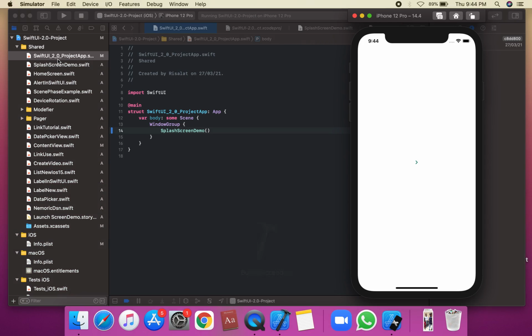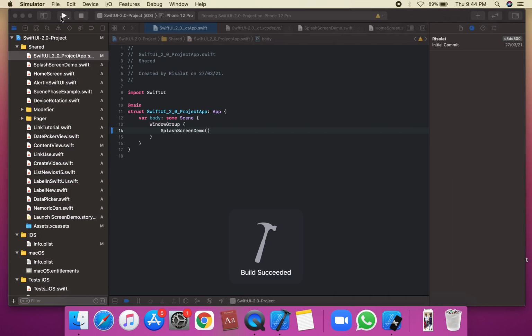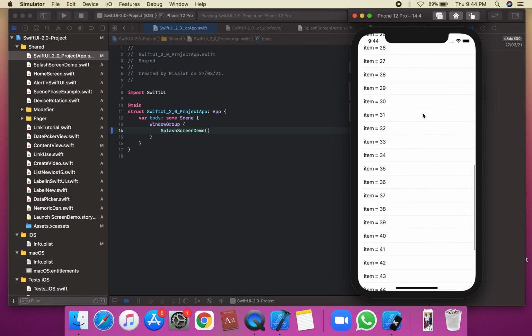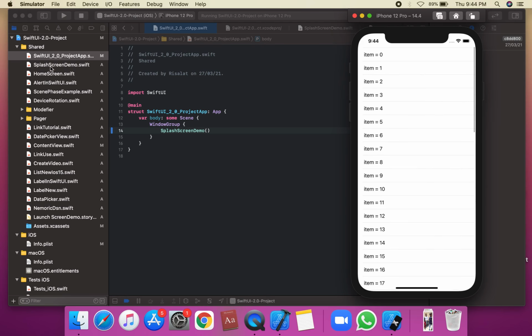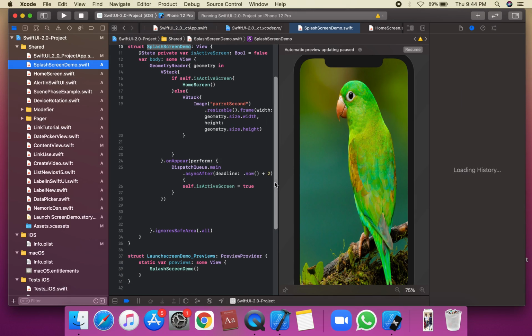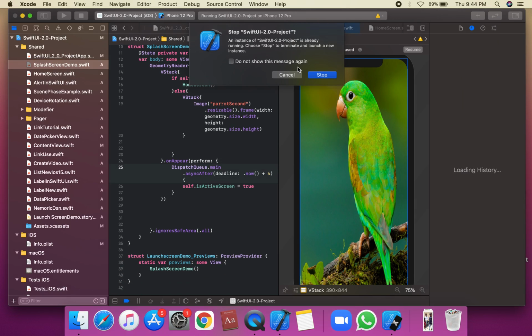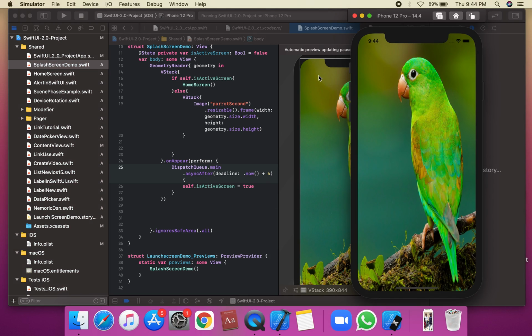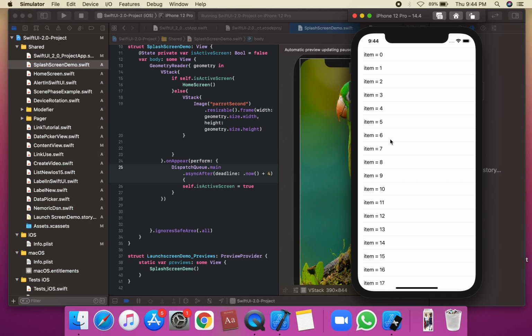We can set another statement to use the splash screen in SwiftUI. We're going to run this application. It's just a 2 second wait on this splash screen, and then this is our splash screen, waiting 2 seconds. Suppose we have a 4 second wait in the application launch screen. This is a 4 second wait, and otherwise the home screen.